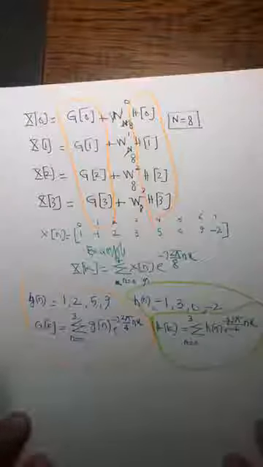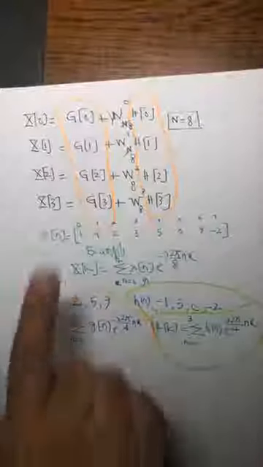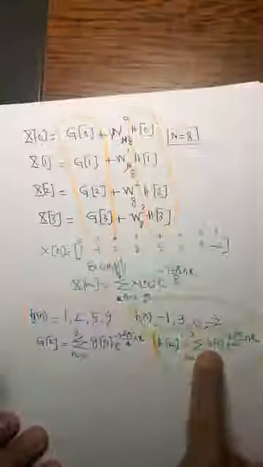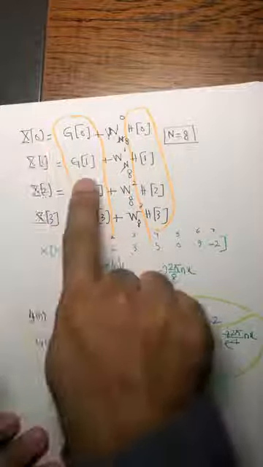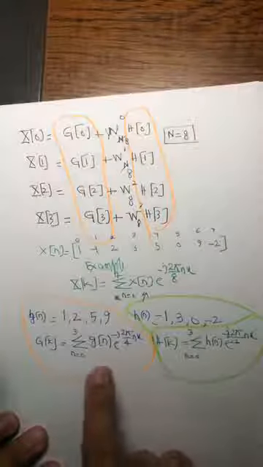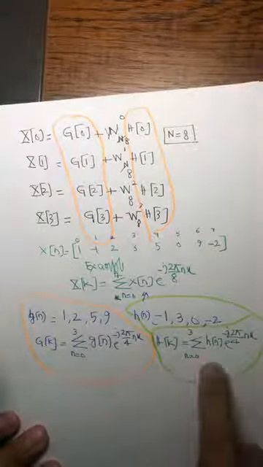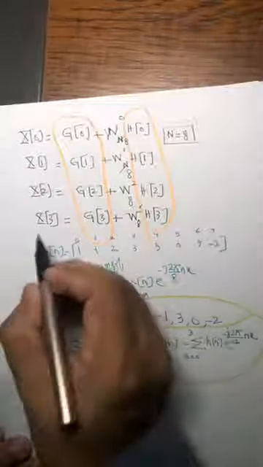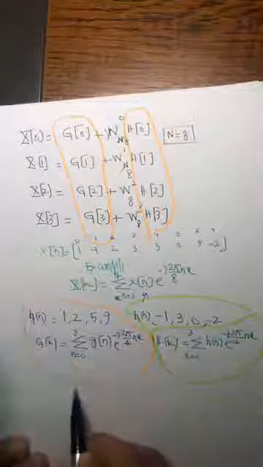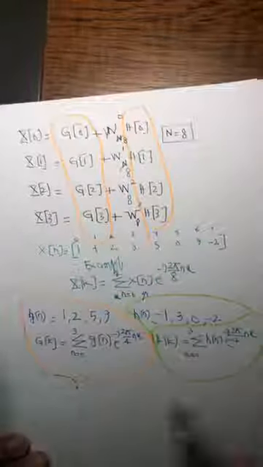So then what you do is take G0 from here and H0 from here. Multiply this with this and put it here. And then you take G1 from here and H1 from here. G2, G3. Now comes the saving. Once you calculate x of 4,